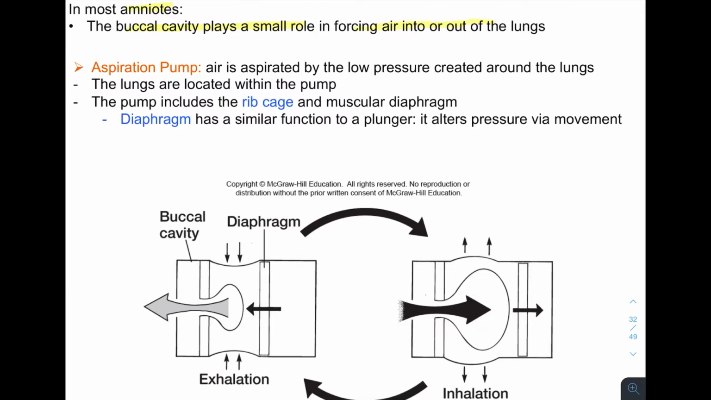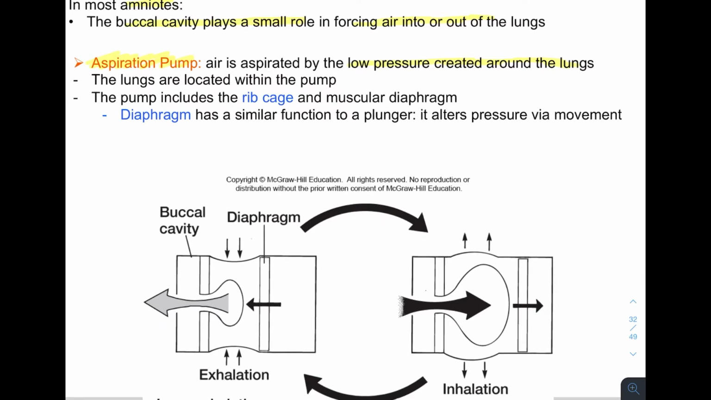And instead, what we see is that we get this aspiration pump, in which we are creating a pressure gradient around the lungs themselves inside the thoracic cavity. And really what we're talking about are diaphragmatic muscles. And so, being mammals, you're probably aware that you have a diaphragm, and this diaphragm sits below your lungs. And this diaphragm is a flat muscle